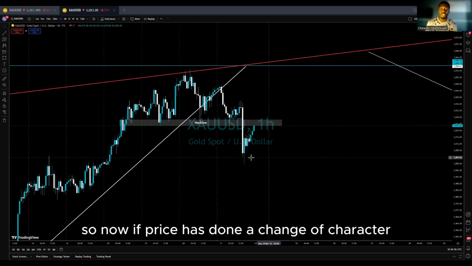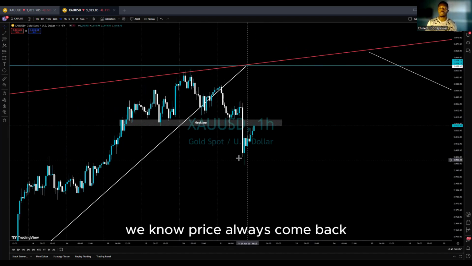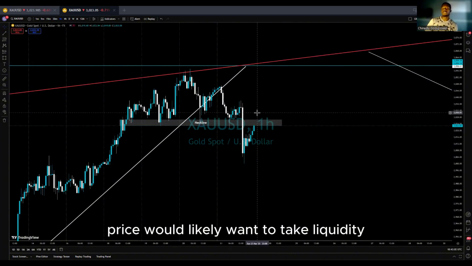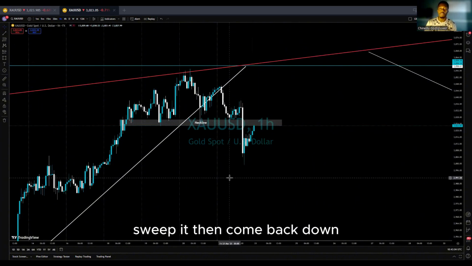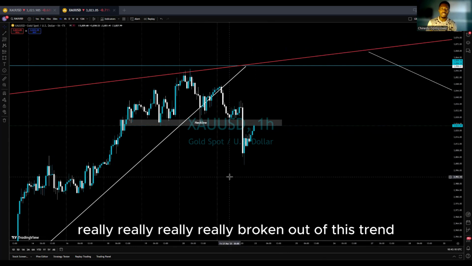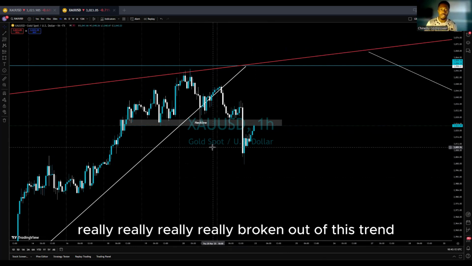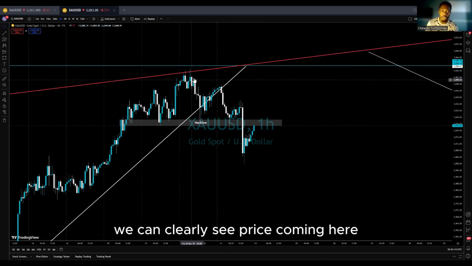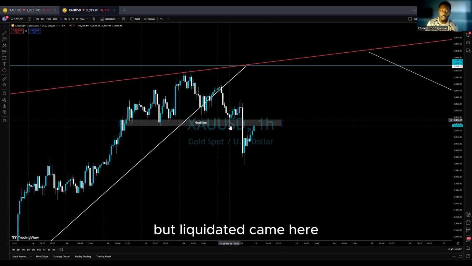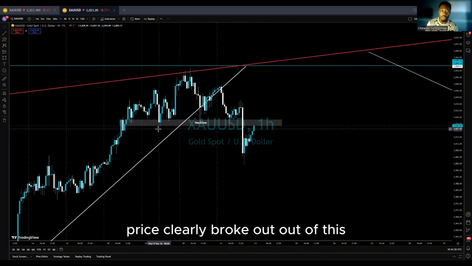So now price has done a change of character. We know price always comes back, and this is a level of imbalance, a zone of imbalance. Price would likely want to take liquidity, sweep it, then come back down. But how do we have an added confluence that price has really broken out of this trend? We can clearly see price coming here. Price broke out of the trend but liquidated. Came here. Price clearly broke out of this, creating a